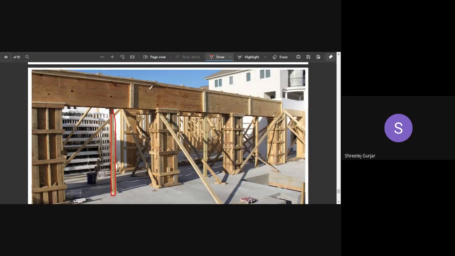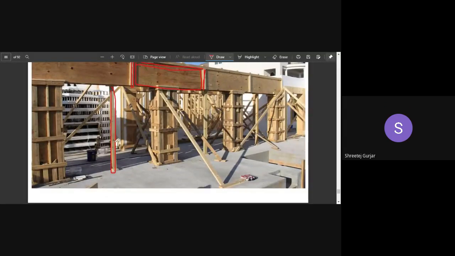Okay, so in this example, you can see they have provided this timber board, and this is your batten, which is for support. There is one batten at the top. There is one batten on each side of a panel. And this is a vertical support, or what we call a prop, and this is your strut. And for column also, you can see boards are provided, and for this particular board, at each corner they have provided an angular support, and then these are your battens, right? These horizontal members are your battens.